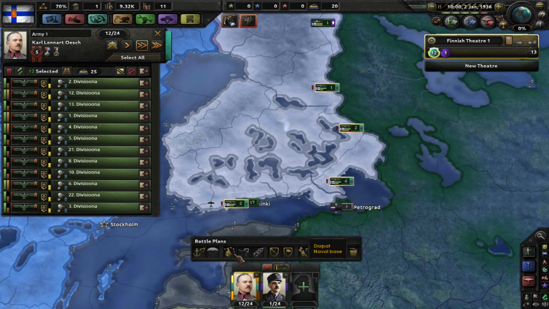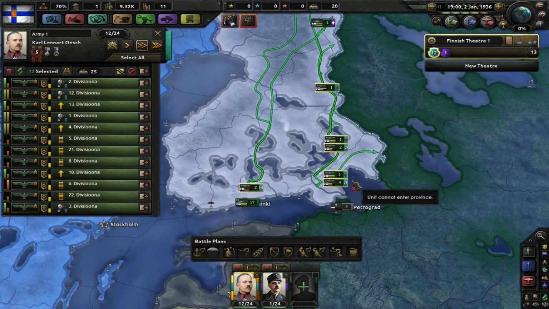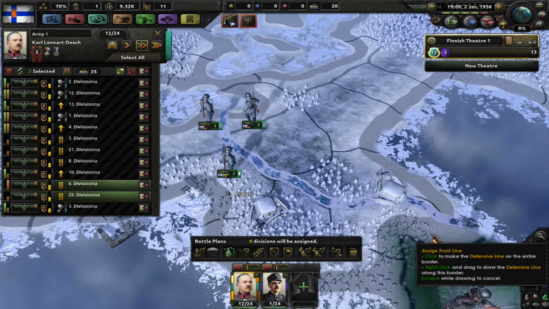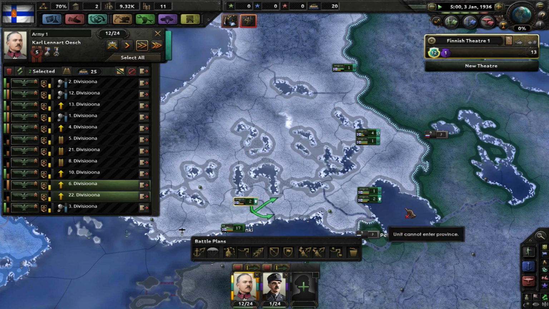We'll put this army on the Russian border, sure. Two of your men can go down this side if they so wish. We get a thing there. Let's sort of look after...